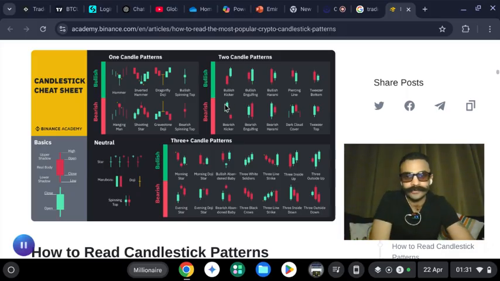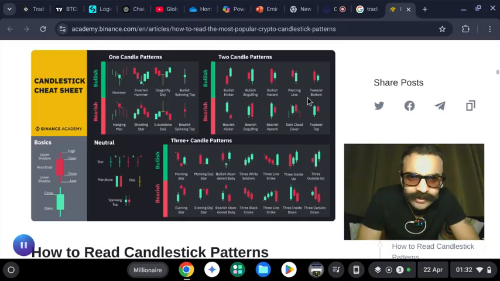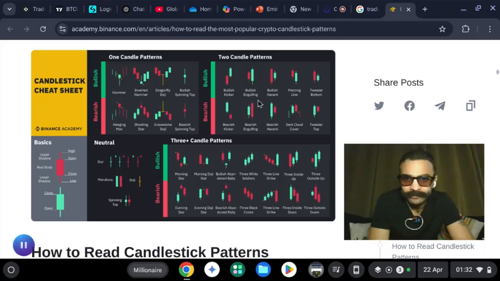These are two candle patterns: bullish kicker, bullish engulfing, bullish harami. That's just the name, you know. Piercing line, tweezer bottom, I guess, yeah. And the bearish ones: bearish kicker, bearish engulfing, bearish harami, dark cloud cover, tweezer top. These are neutral ones, like it's either way. And three candle patterns: morning star, morning doji star, bullish